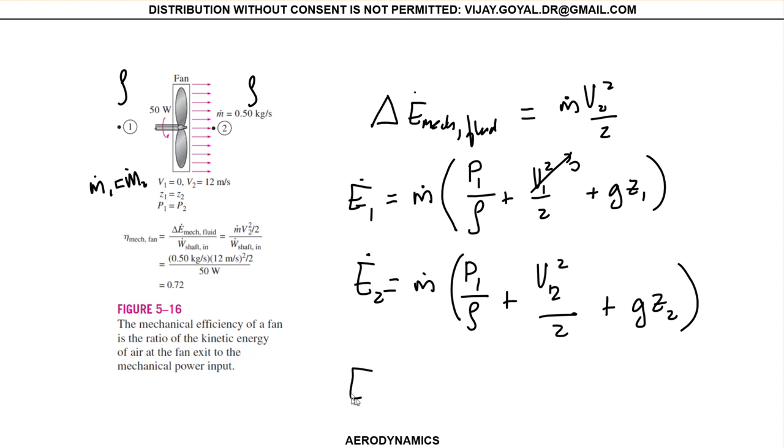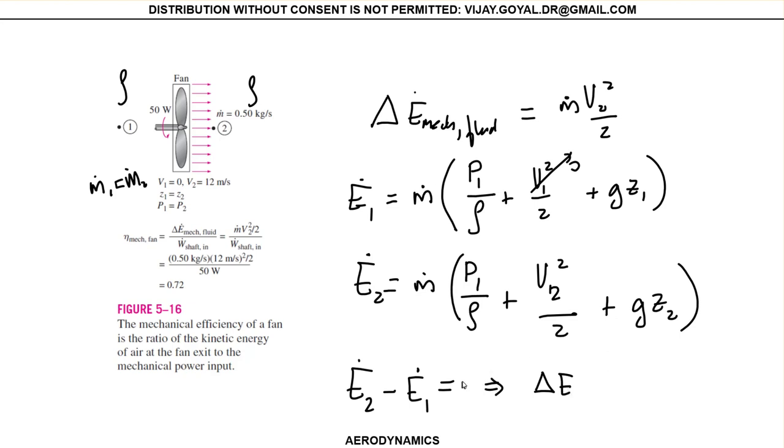Okay, so when you take this minus this and equate that to 0, that will give you a delta E. So when you're subtracting 2 minus 1, final minus initial, the only thing you're left with is